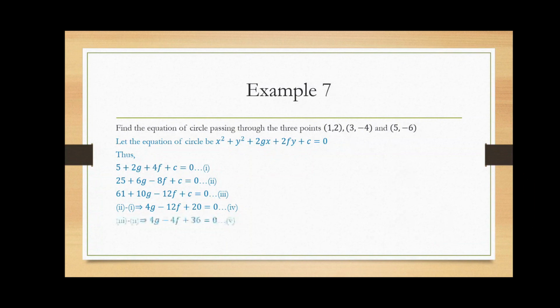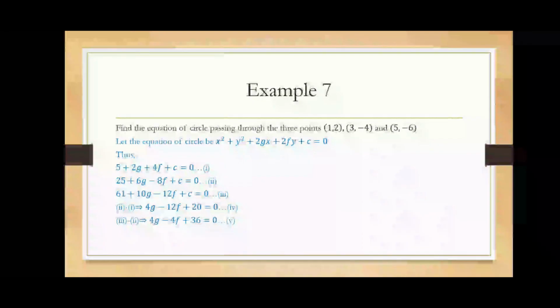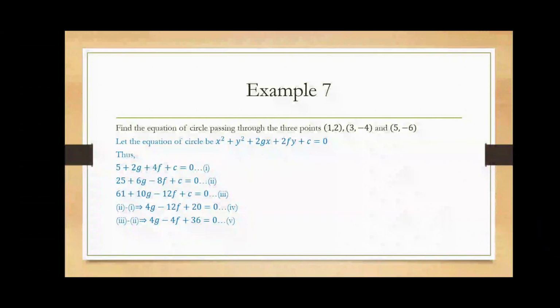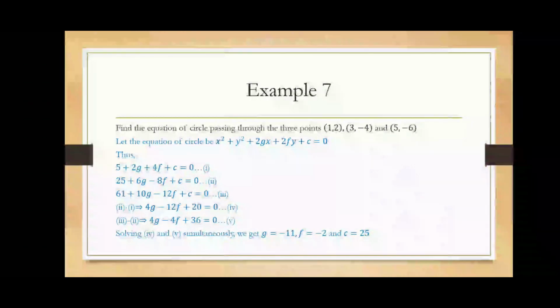Then let us do 3 minus 2. So that will give me 4g minus 4f plus 36 equals to 0. Mark it as number 5. So now we have two variable equations which are easy to solve. So let us just solve them simultaneously. And if I solve them simultaneously, I get the value of g as minus 11, f as minus 2. And then put those values in either of 1, 2 or 3 and I get the value of c as